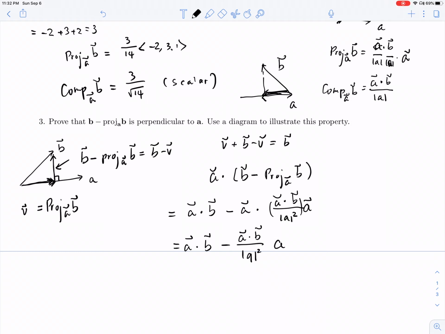And here we have another dot product, A dot A. But we know that A dot A is exactly its length squared, right? And then we cancel these two, and this is exactly 0. All right, these are three simple